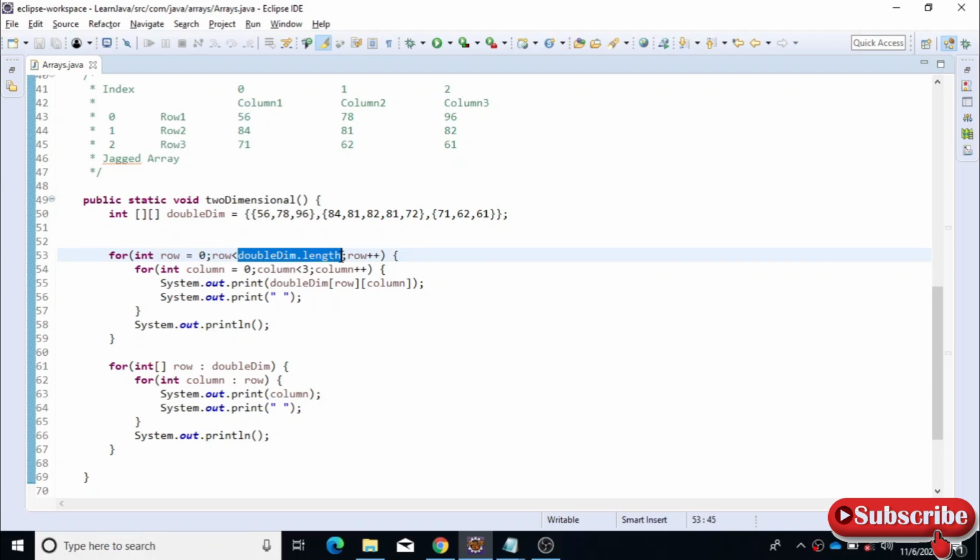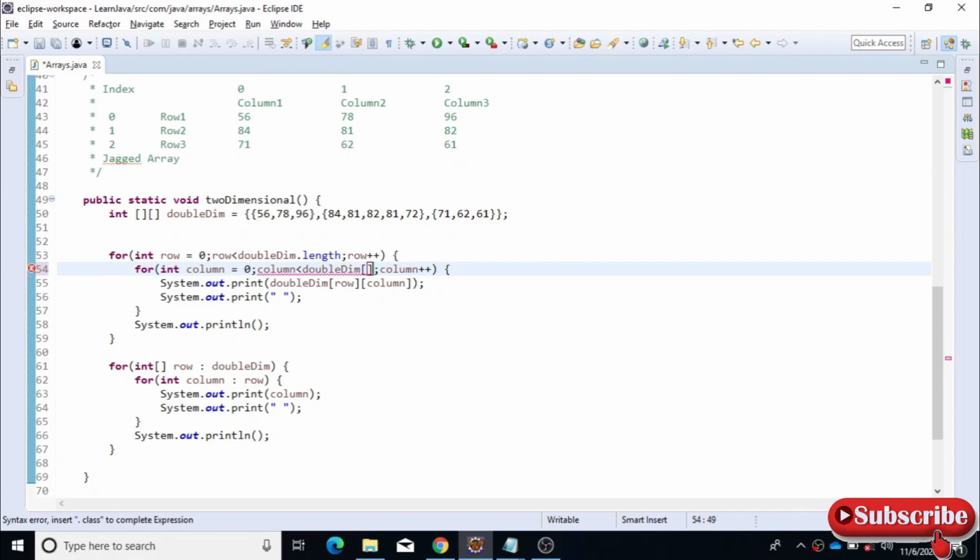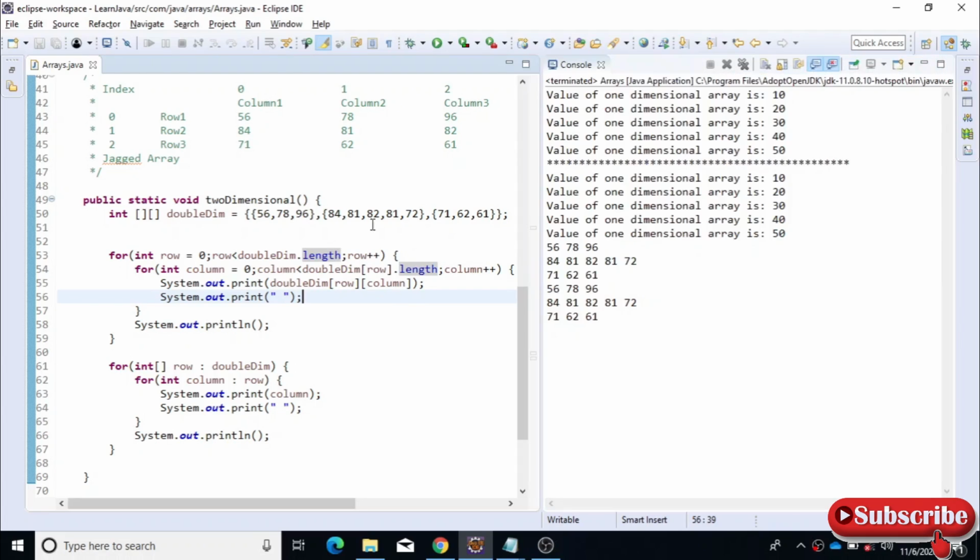And from here, for each row, the column length you can take separately. Okay, for that, pass the row index here and then call the length. So now for each row, you will get the column length. Okay, so if you print this one, you can see this value also gets printed in this normal for loop as well.